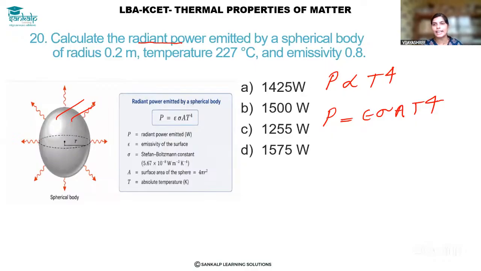Okay. So let us first write down what is given. What we are given? Here we are given a spherical body. P is the radiation power emitted. This epsilon means emissivity of the surface. Okay. So let us write one by one. Radius is given as 0.2 meter. Temperature is given, T is equal to